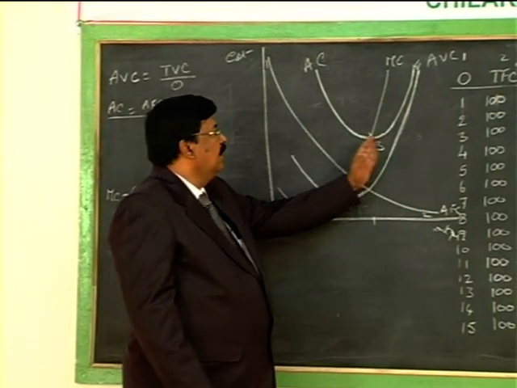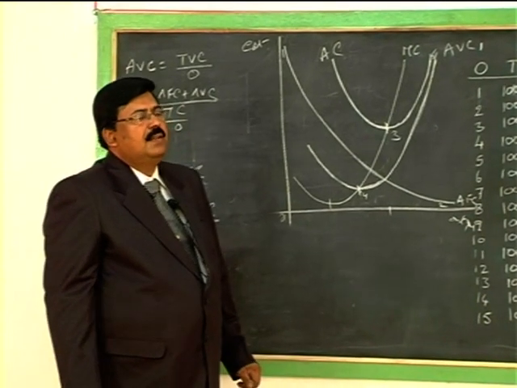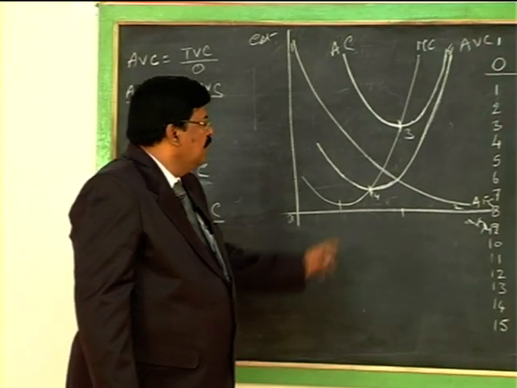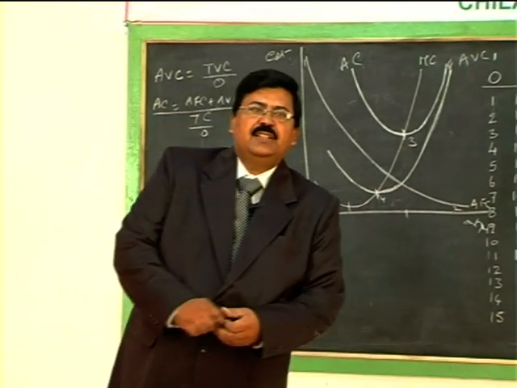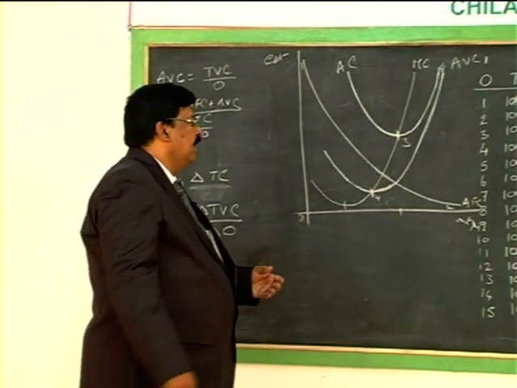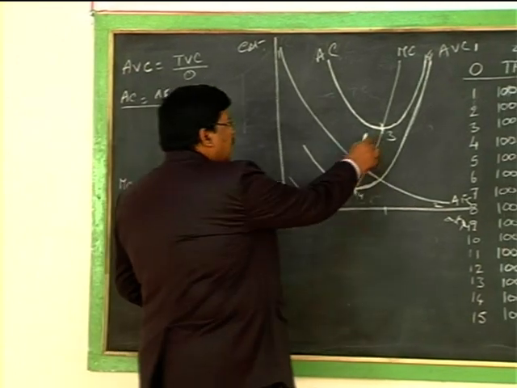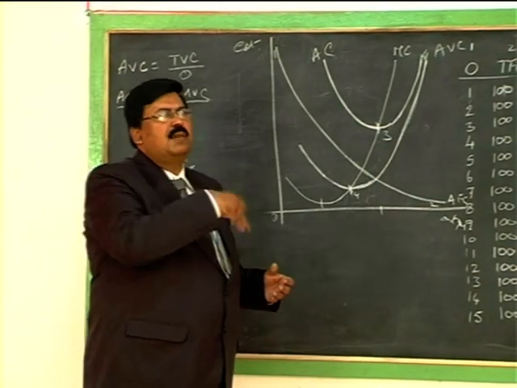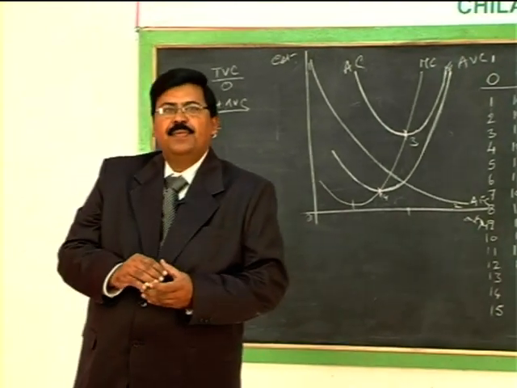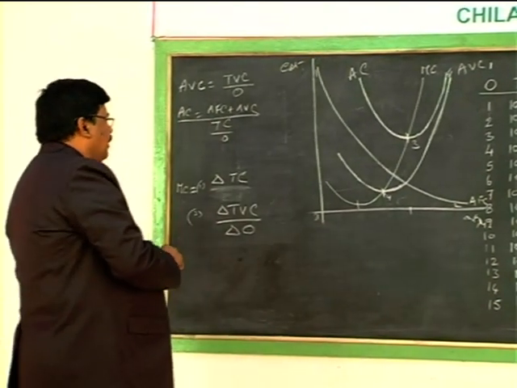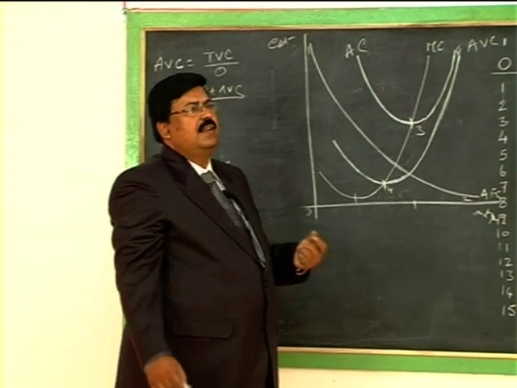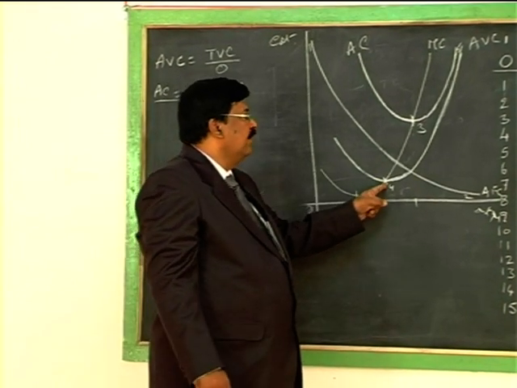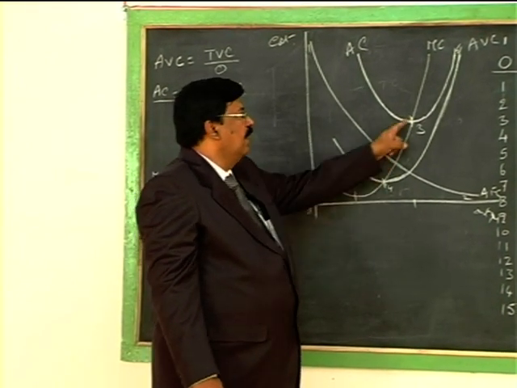As a result, AC continues to decline. And in the end, the steep increase in AVC more than compensates the small decline in AFC. As a result, AC takes an upturn and then increases. And finally, marginal cost. Initially declines, reaches minimum and then rises, and while increasing it intersects at point 4, AVC at its minimum point and also AC at